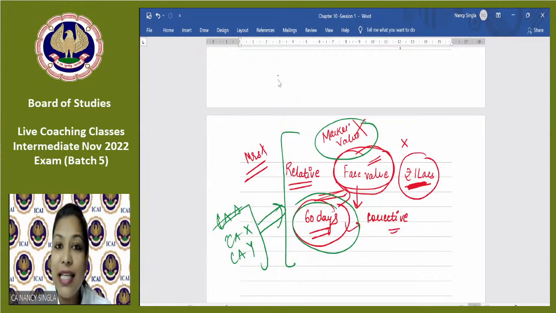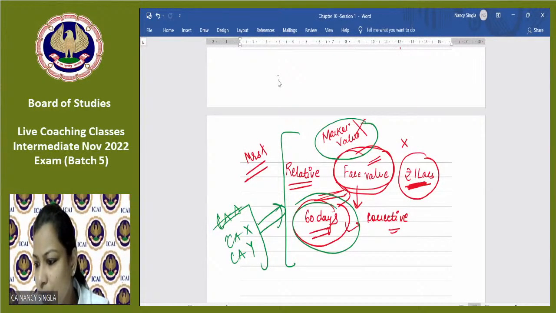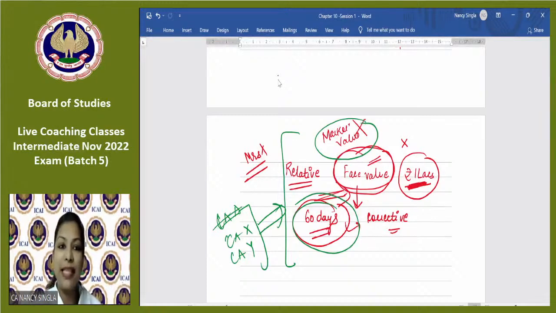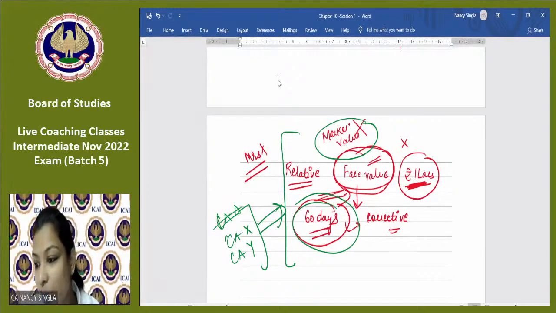Okay? So this 60 days or 1 lakh face value, all these relaxations are given with respect to relative, not the CA or the partner. Okay? So Ben Reddy, your doubt is clear. Nilabjo, is it clear? So the holding of Mrs. X will be seen with respect to the company in which CA X is to be appointed as the auditor. So what is the query, Karthik, with respect to this point? Whatever you have written is correct.